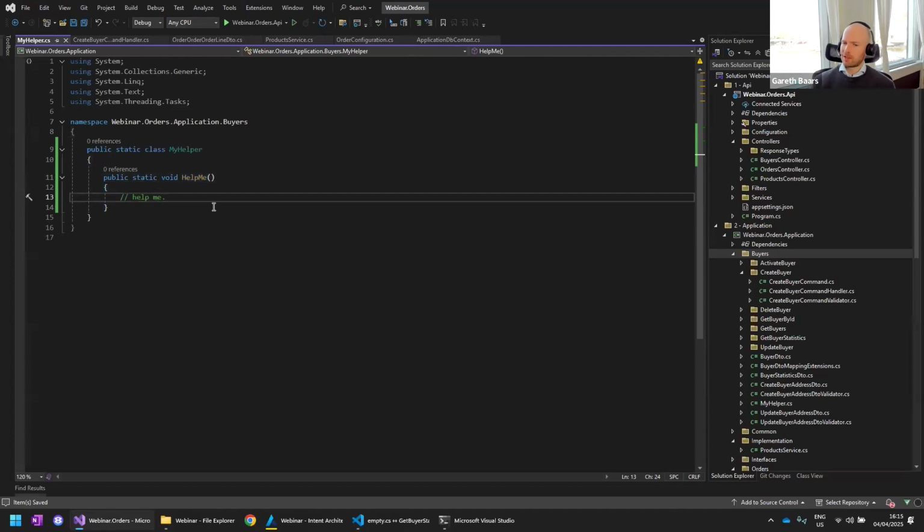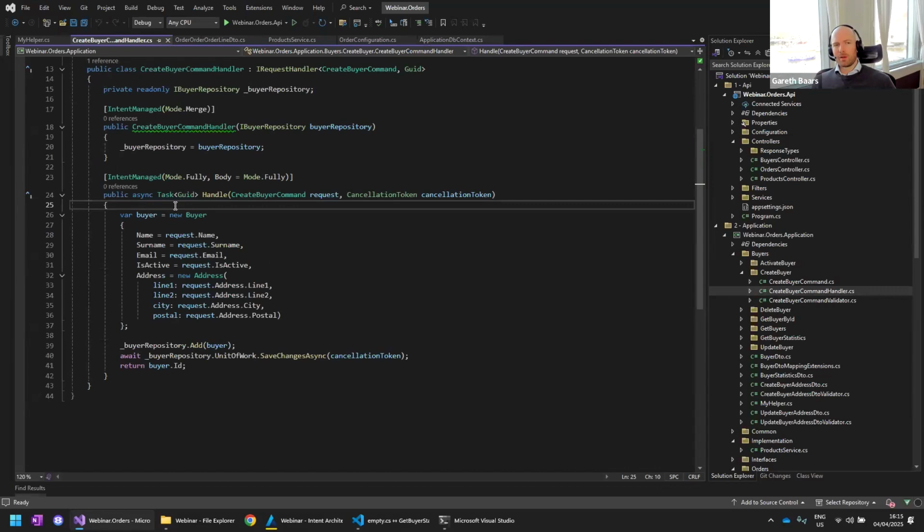So any code that Intent Architect is not aware of, it's just not going to touch, right? That's also part of plugging into existing systems: we don't have to touch all of the code. We can just touch the parts of the code that we want, like the new features and things like that. So that's a very simple example. The next example is: Intent Architect doesn't know about this code, but what happens if we want to make code changes that Intent Architect does know about?